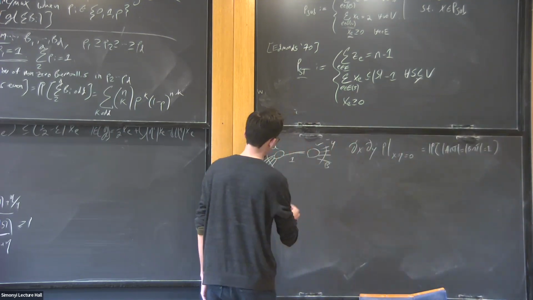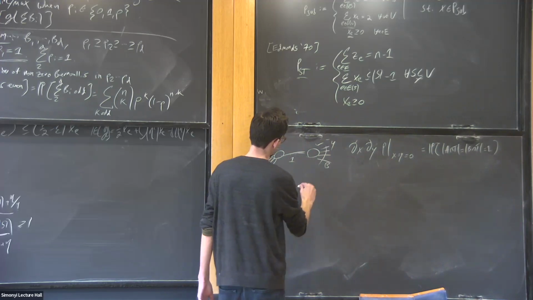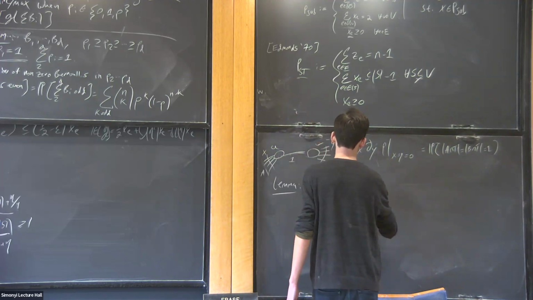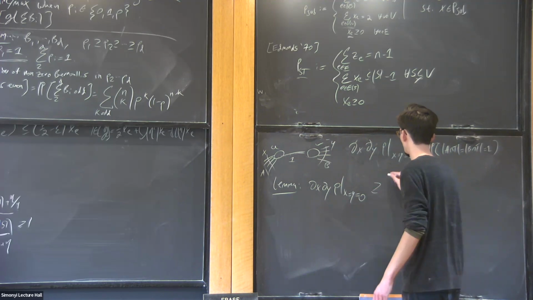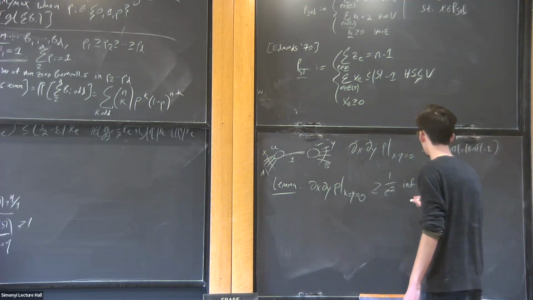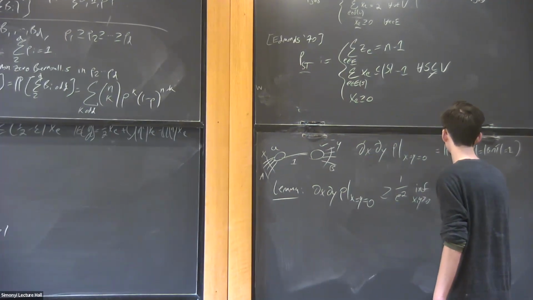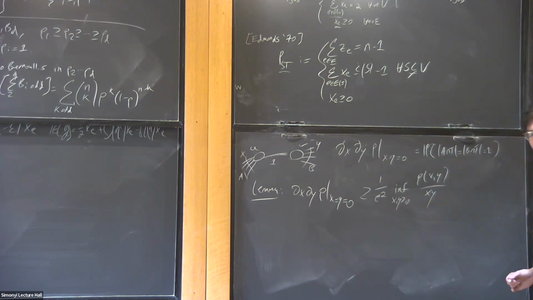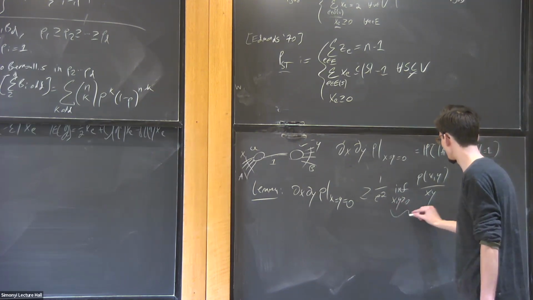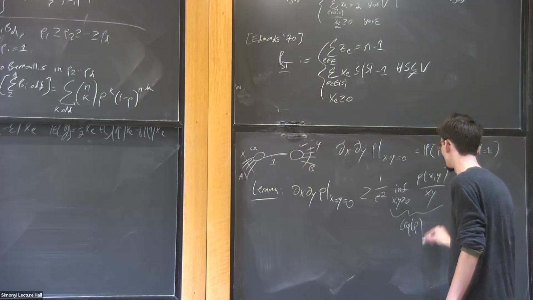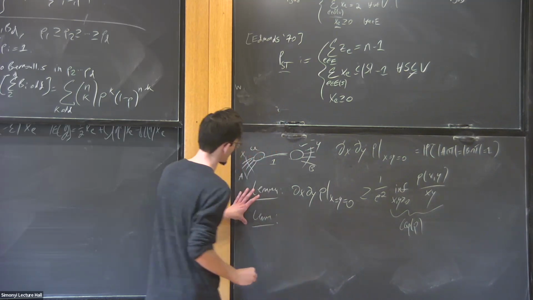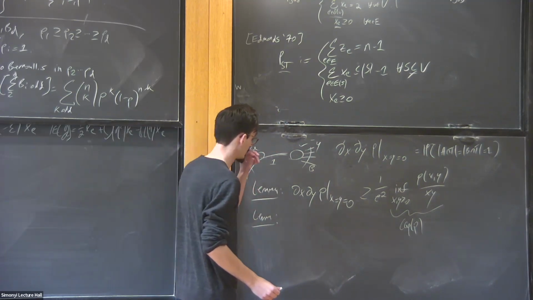And then there are 2 nice lemmas. The first is that this thing is at least 1 over e squared times the infimum of this convex program, p(x, y) over xy over all x, y greater than 0. This is actually called the capacity of P. And the second thing you can prove, and this is from Gurvits's earlier work, is that